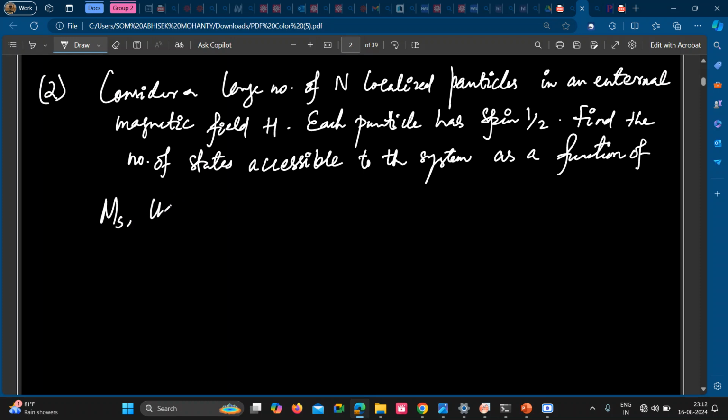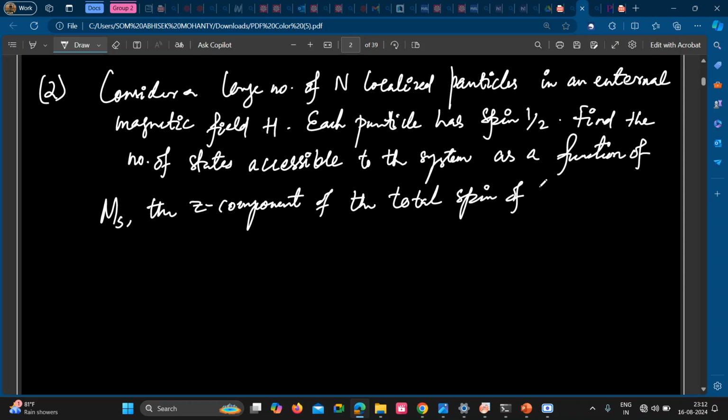Ms is the z component of the total spin of the system. We have done this question, but anyway, I will do it again. Determine the value of Ms